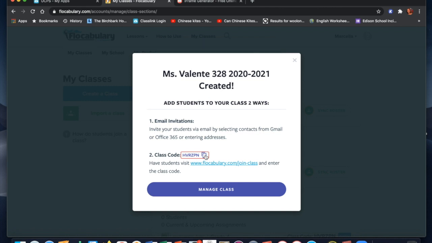Then you can share that with your students however you'd like, whether it's through Schoology, in Zoom, or Google Classroom. So you have that code. Now it says here to have the students visit flocabulary.com/join class. That's not necessary, because what we do is